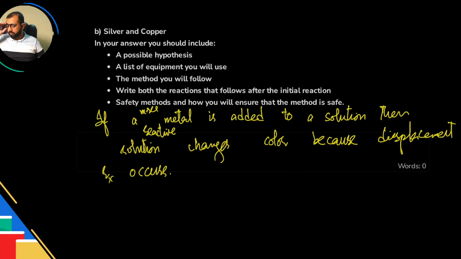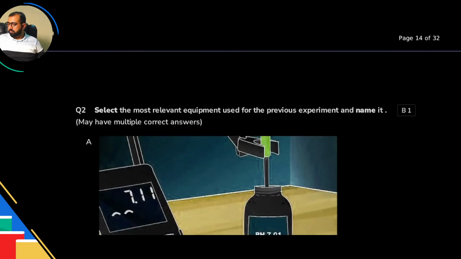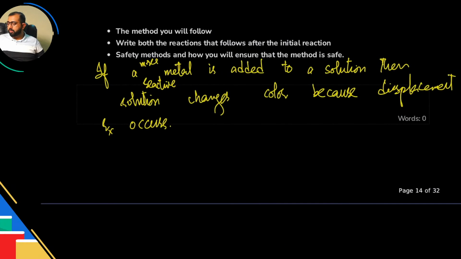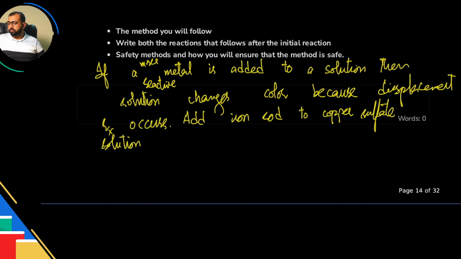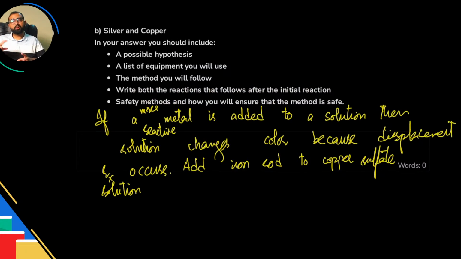Okay, how can we do this? Let me just write down. We add iron rod to copper sulfate solution. Then it will obviously show a change in color. We have already seen this in the previous question. And then if copper is added to iron sulfate solution, the color change does not happen, because this shows that iron is more reactive. Similarly, add silver rod to copper sulfate solution, the color change does not happen, showing that